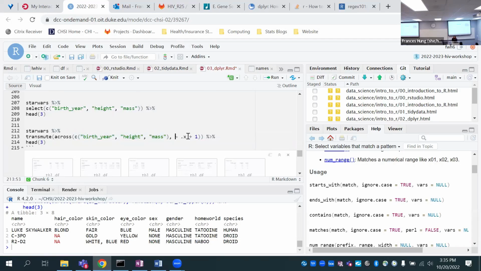And this kind of confusing notation is just shorthand for a function of x, where the function we want to apply is x plus 1.